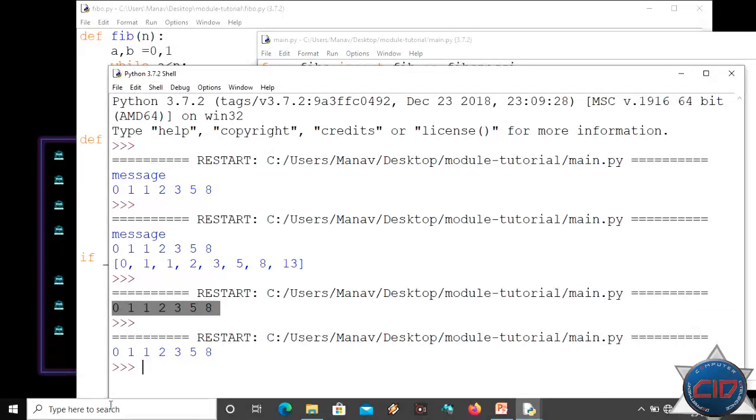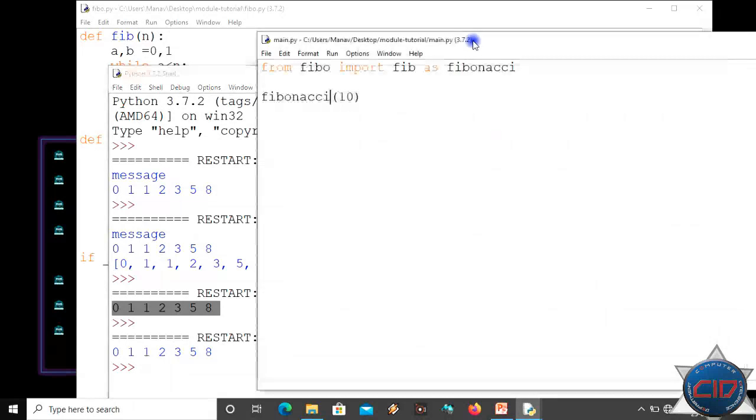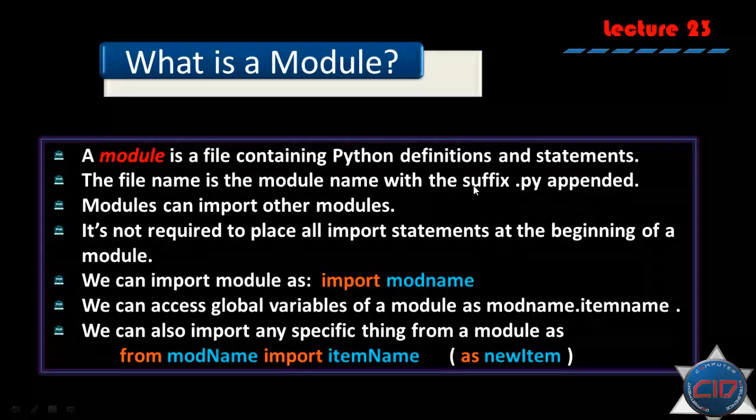Now you will see that it is printing the same output. Okay, that's it. We can use import statements for any module like this, and we can access any type of methods or classes from any module using the from keyword, from module import anything, and we can change the name of that using the as keyword. Okay, that's it. Let me go further.